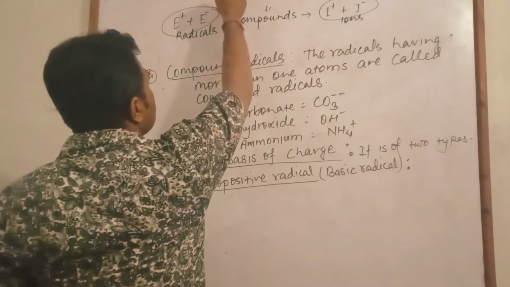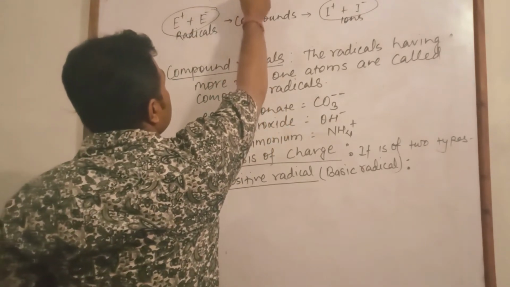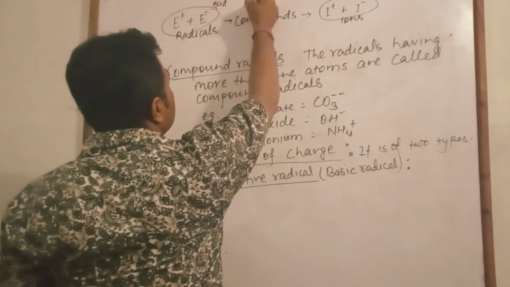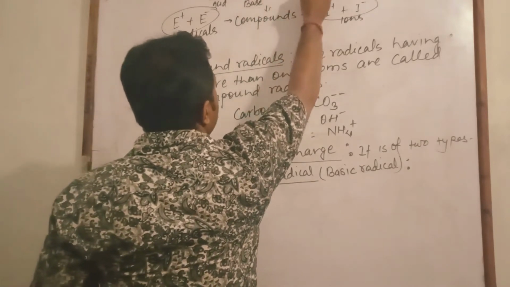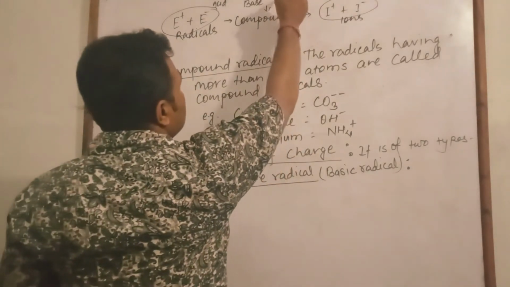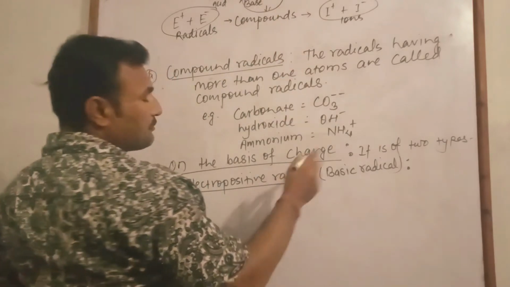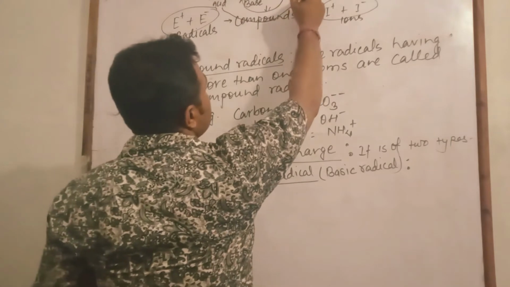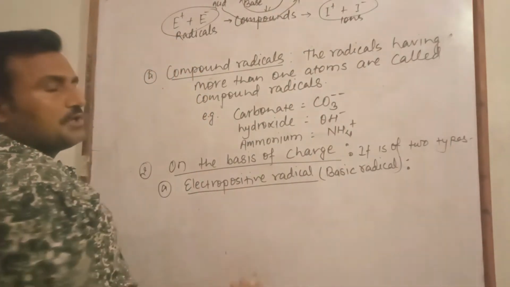Suppose HCl, hydrochloric acid, and NaOH, sodium hydroxide, are acid and base, and that gives the compound sodium chloride and water. This reaction is called neutralization. And the part of the salt which comes from the base is called the electropositive or basic radical, and the part which comes from the acid is called the acidic radical, or simply we also call it